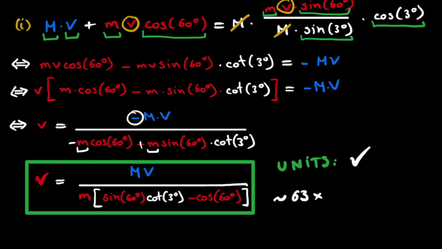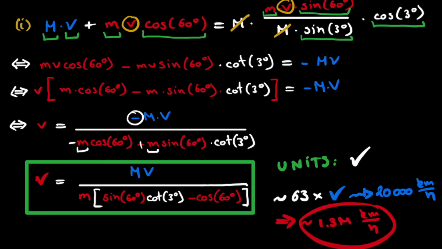So we know that the velocity of our object will need to be 63 times the velocity of our comet. And since we know that the velocity of our comet was roughly 20,000 kilometers per hour, we find that the velocity of the object that we're shooting towards this comet needs to be roughly 1.3 million kilometers per hour,